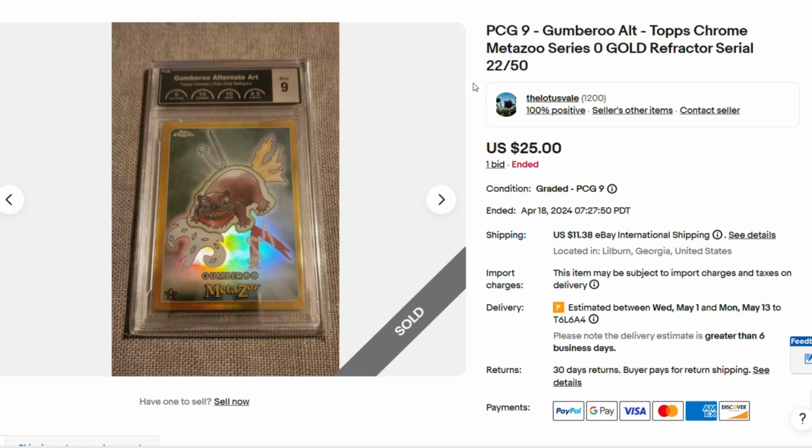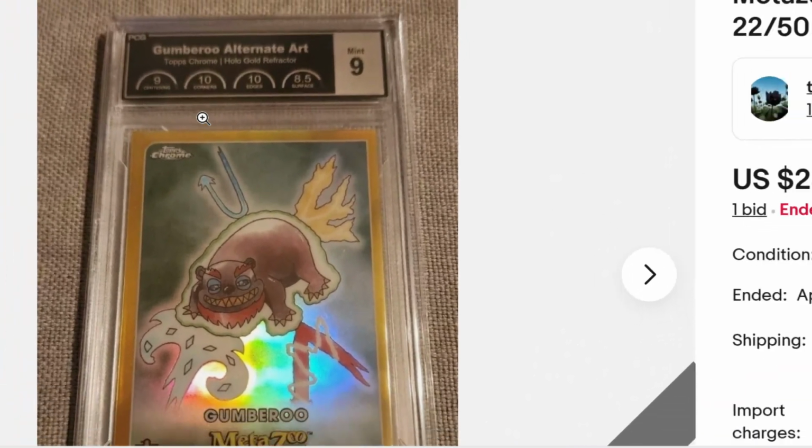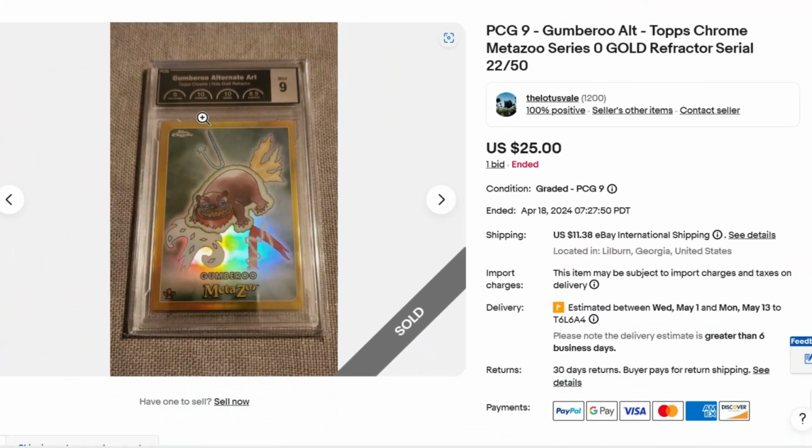Hey, we got a couple of cards graded by Rudy, PCG. So we got a Gumbaroo, Alt Art, Gold Refractor from Topps Chrome, 22 out of 50. One bid, $25. I'm surprised it even got that much. We've seen cards like this sell for pretty cheap, so $25 is almost expensive. I mean, PCG. I like Rudy, but I don't know if I put any value in PCG,